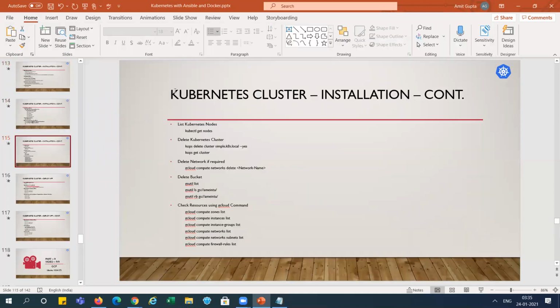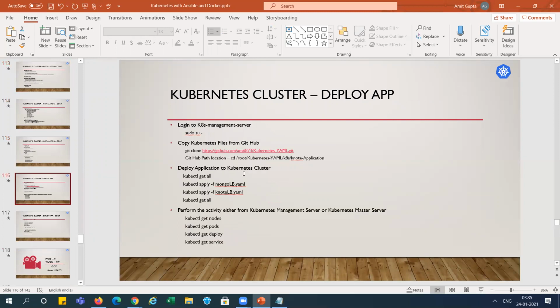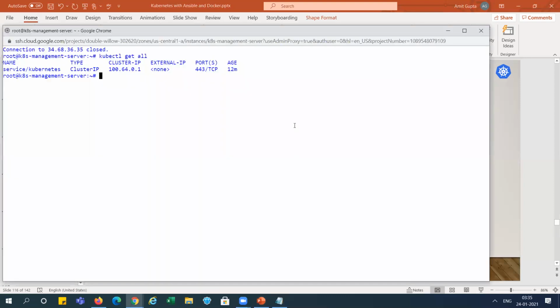You can see now we will deploy one small application. We will test it, right? So what we will do here, you can see deploy application. We will clone this one, right? So we can see where we are in the root. So we will take all those things here, git clone.